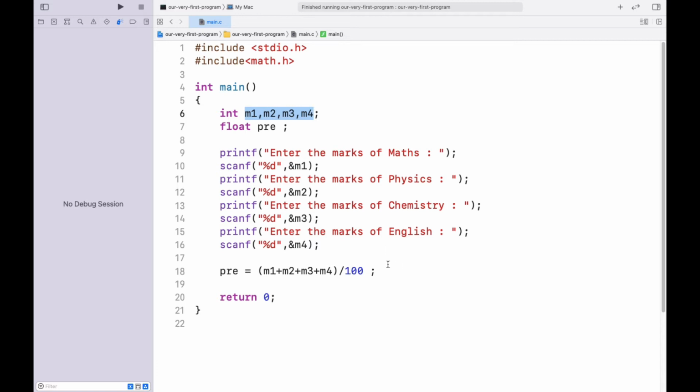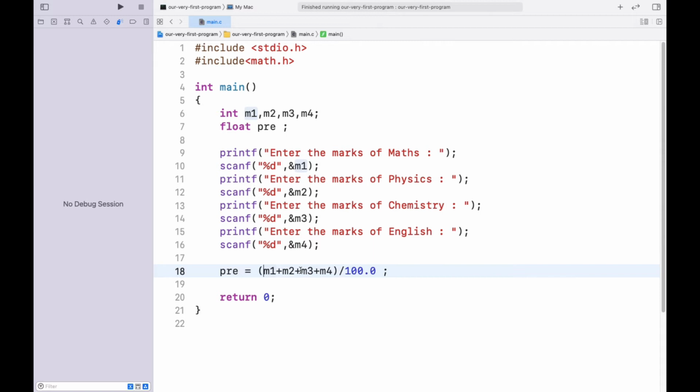So what we can do is implicitly convert the result of the expression into a floating point number by changing the constant to a real constant. Or we can change one of the variables to floating point by explicit conversion.